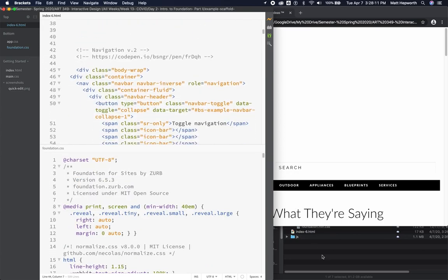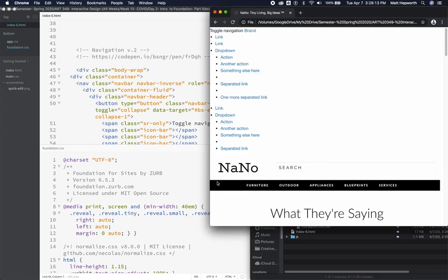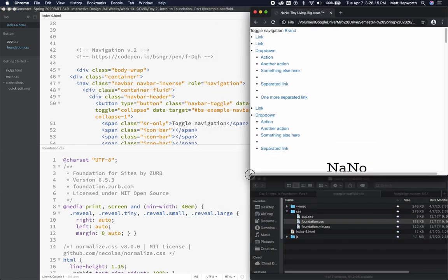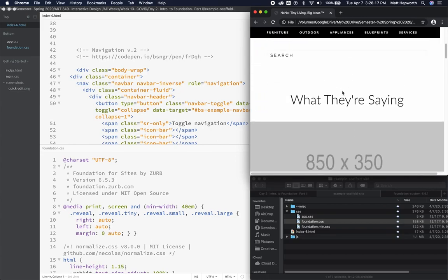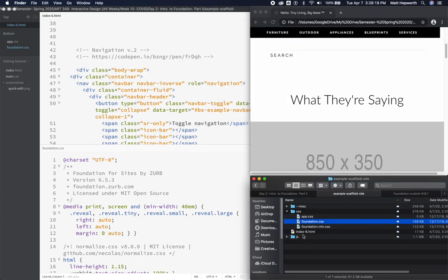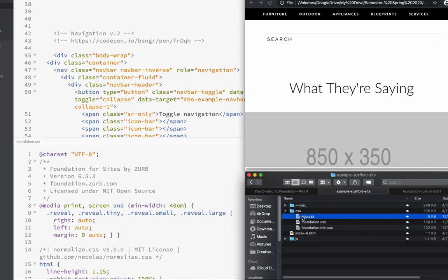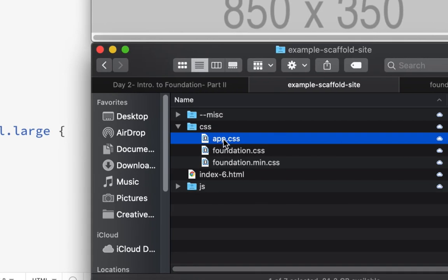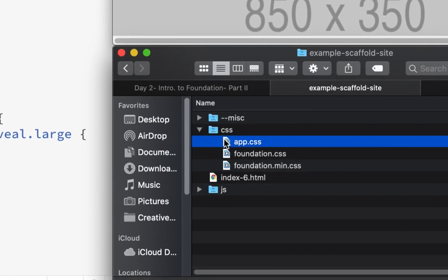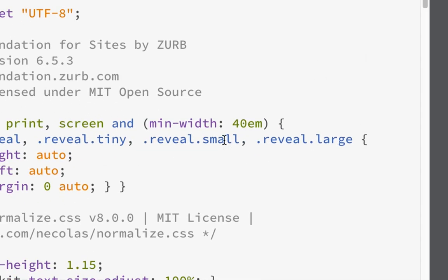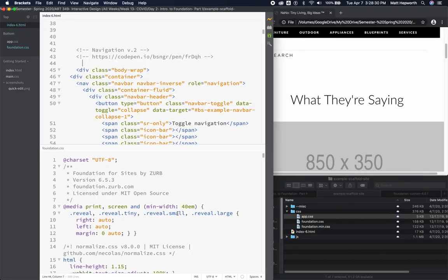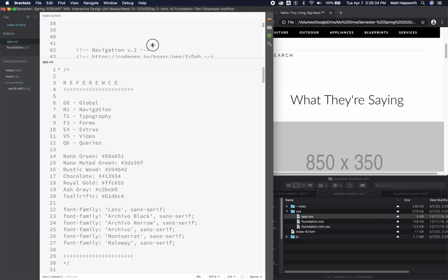Okay, so got to go back to our directory. Remember that golden triangle there? Have my site up at the top, my directory down below. Got to make sure I'm working with the right files. I am going to pretend like, hey, where do I paste my CSS? I'm going to drag over my apps here into Brackets. And we're actually going to use that style sheet right here to paste in my